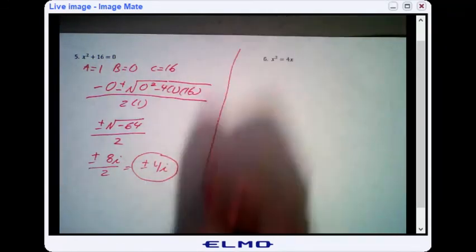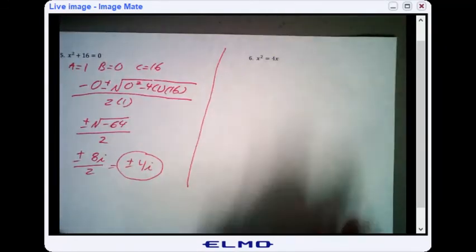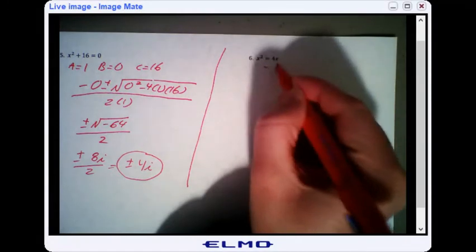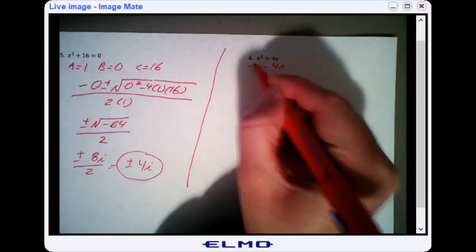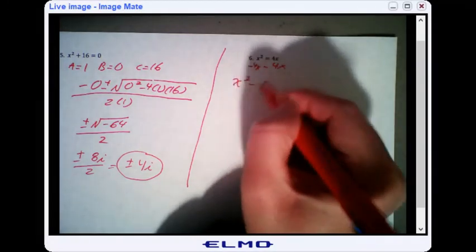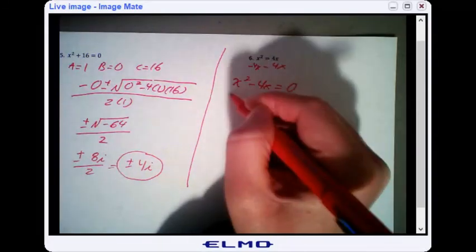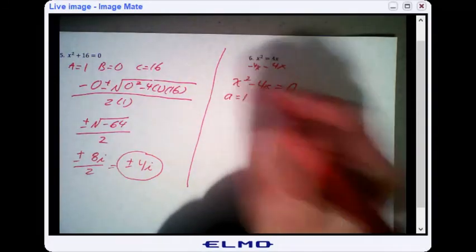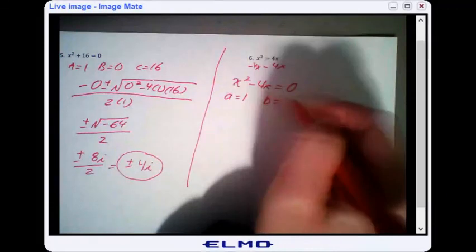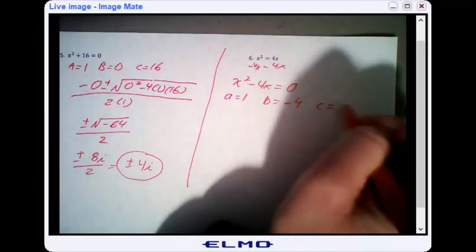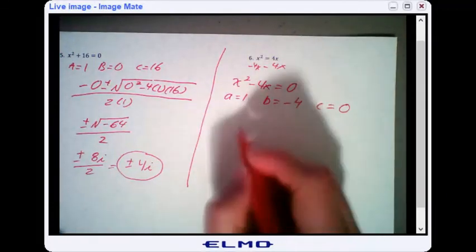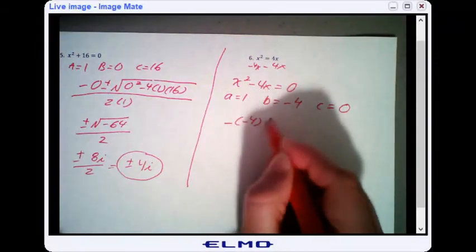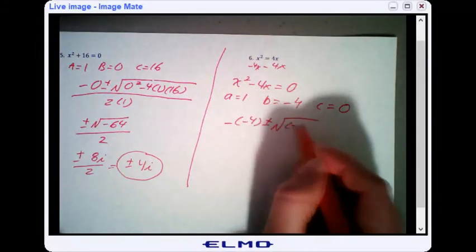Our last problem, x squared equals 4x. We need to get everything on one side, so we're going to subtract 4x first from both sides. X squared minus 4x equals 0. A is going to be 1 because of x squared. B is negative 4 because it's in front of x, and C in this case is 0. So I have negative 4 plus or minus square root of negative 4 squared minus